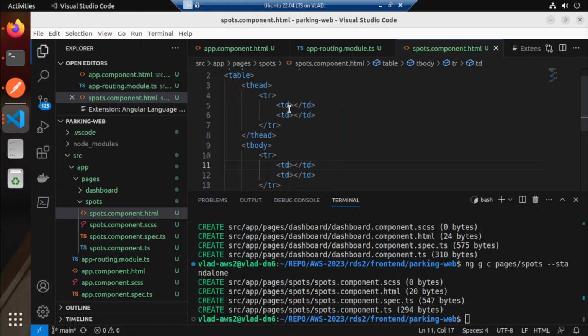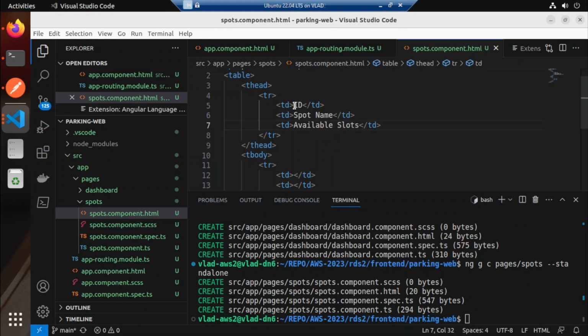Okay, and then let's put here the id, then spot name, and available